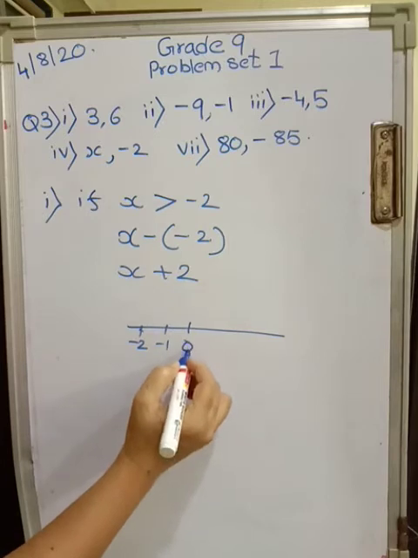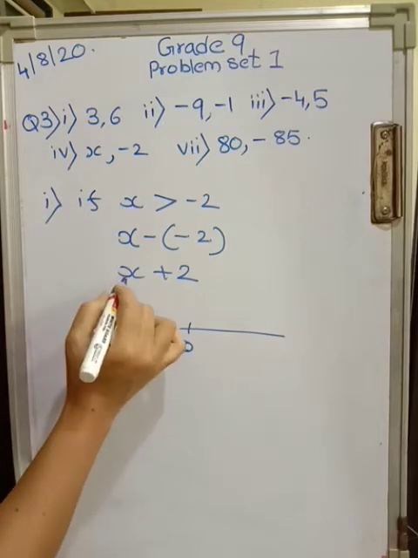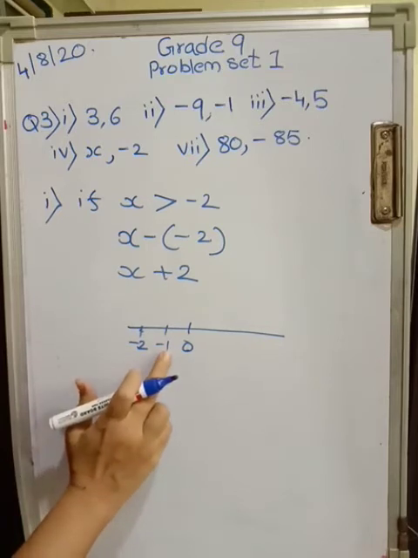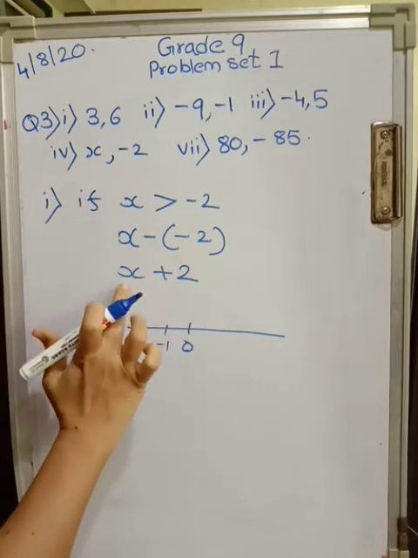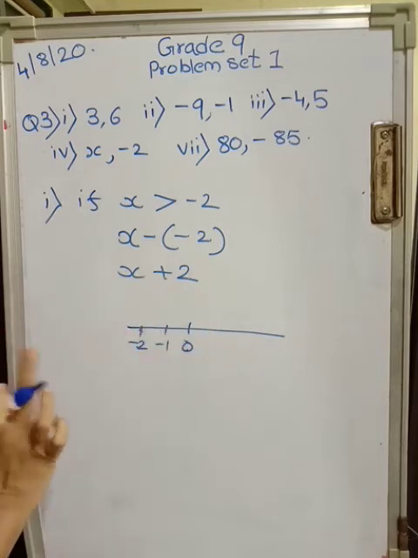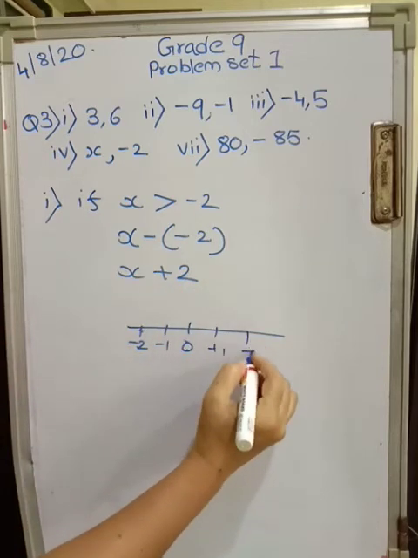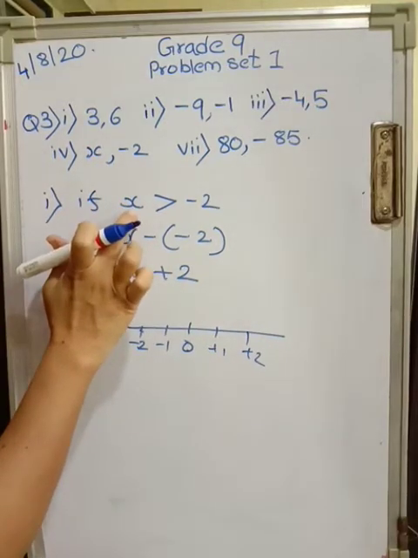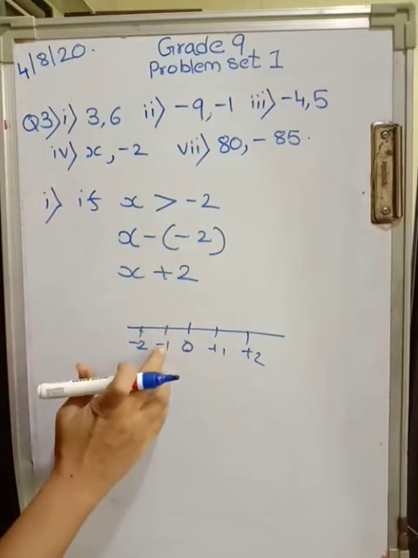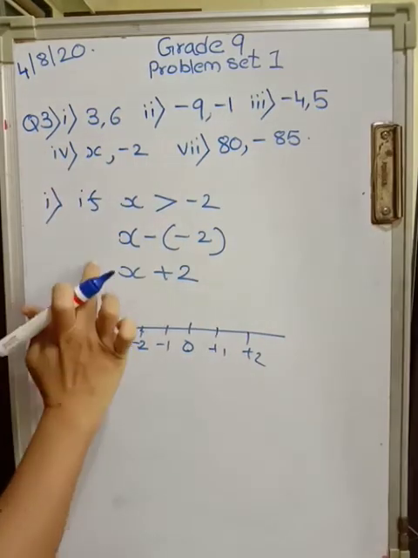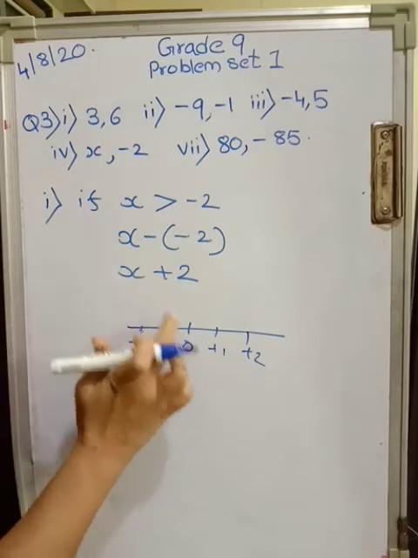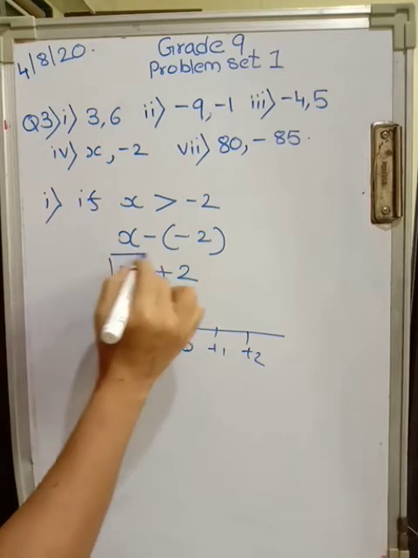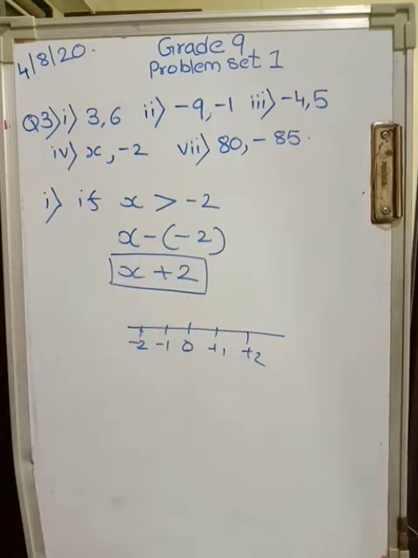For example, the x value is 0. 0 is greater than minus 2. So it will be 0 plus 2. Answer will be 2. Distance is 2. If it is minus 1, then it will be minus 1 plus 2. It will be plus 1. So all the numbers over here, plus 1, plus 2, whatever will be the coordinate or whatever will be the value of x from minus 1 till infinity, this formula should be used. So 0 also comes into it because 0 is greater than minus 2. So this is general. Okay. So this is the first case. Distance will be x plus 2.